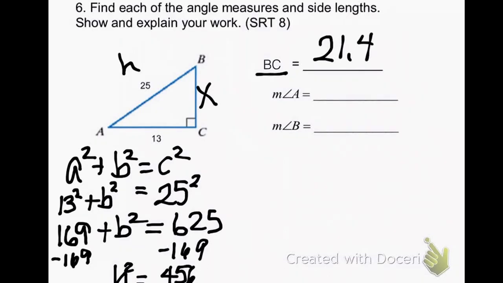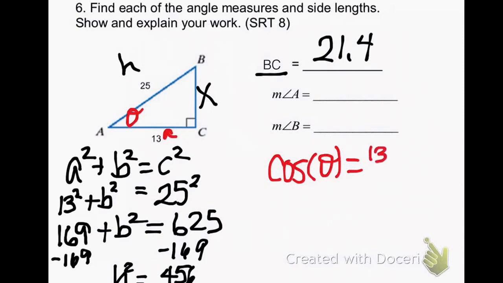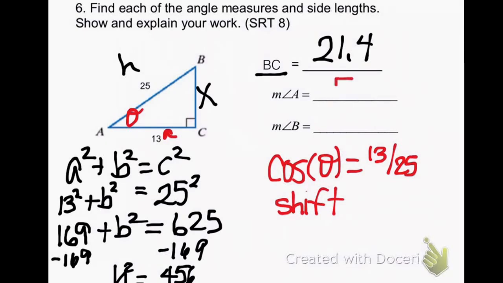If I want to find the measure of angle A next, I don't have a complementary angle to subtract to find A, so I've got to use a trigonometric ratio. I'm going to compare the adjacent side and the hypotenuse, so that would tell me to use cosine theta equals adjacent is 13, hypotenuse is 25. So remember, if you don't know theta, you have to press shift. So I'm going to press shift cosine 13 over 25. And that tells me that angle A is 58.66 or 59